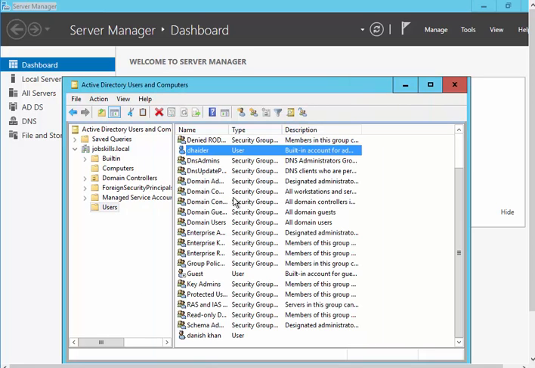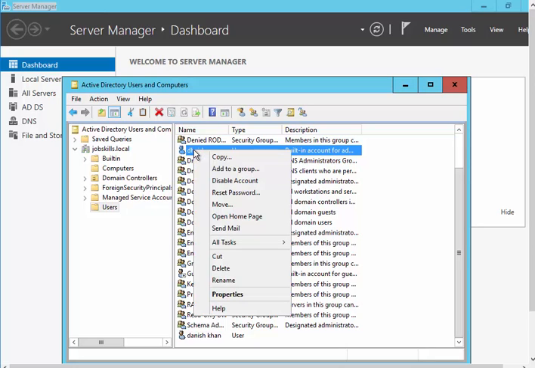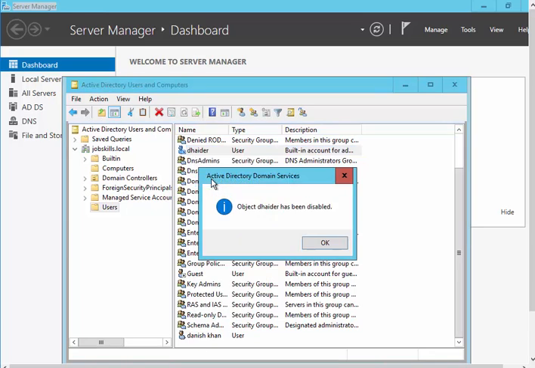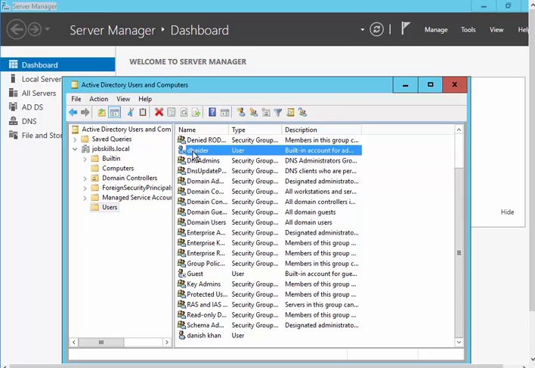Sometimes you'll get a call that this person no longer works over here, please disable his account. Or maybe a person leaves, retires, or for other reasons you need to disable the account. Then you just right click, disable. Easy. Just think about how many calls are related to just the users and computers section. Not too much in the computers, but you will see a lot in the user section.